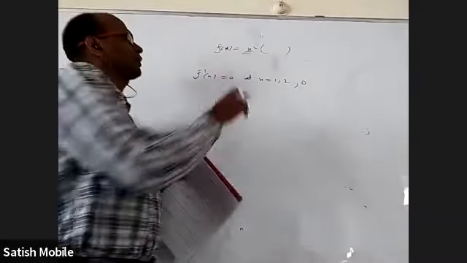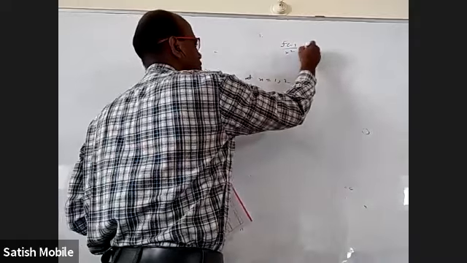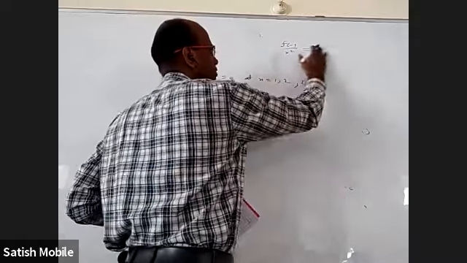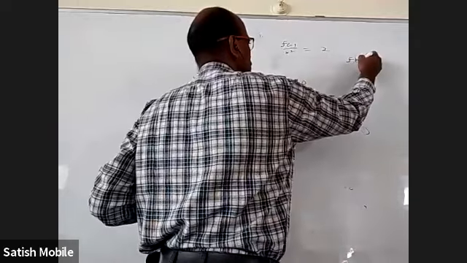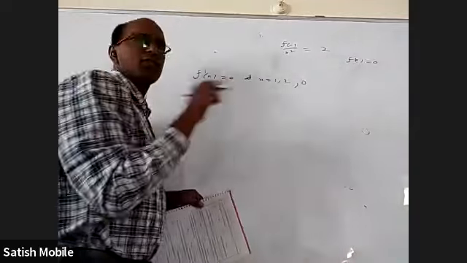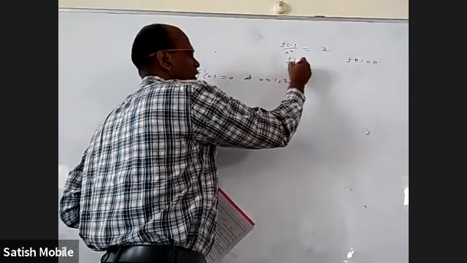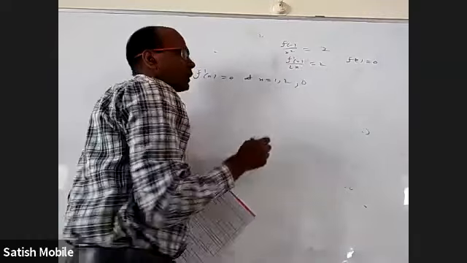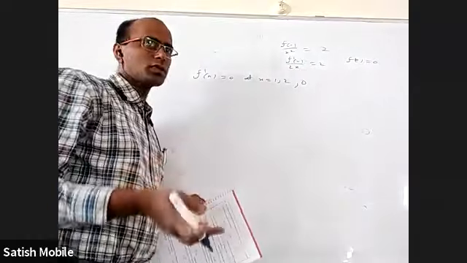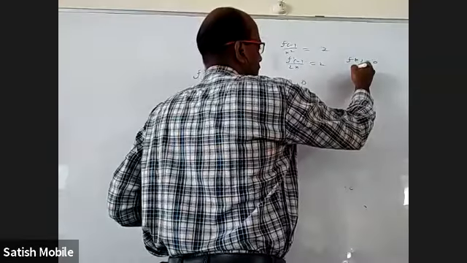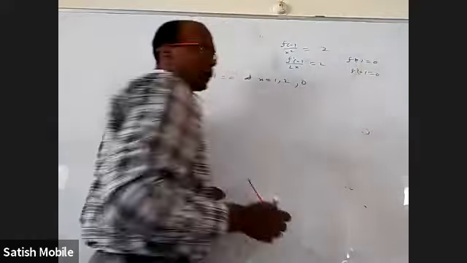Or I can even use L'Hospital rule and say the limit of f of x by x square is 2, which means at 0 the denominator is 0, so the numerator should be 0. So f of 0 must be 0. Otherwise the limit will not exist. Differentiate by L'Hospital rule, you will get f dash x by 2x. That answer is 2. Again, the denominator is becoming 0, so the numerator has to become 0. So f dash 0 is also 0.